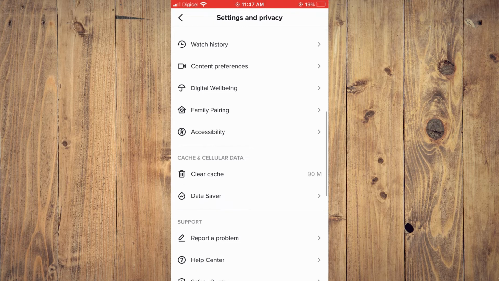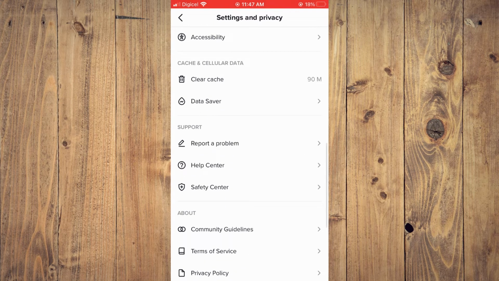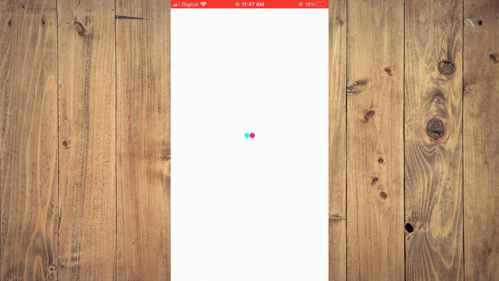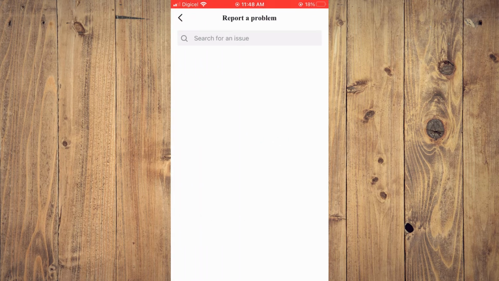Next, I would recommend, if you're still having the problem, you scroll down and you tap on report a problem right here, and from here you can simply type in the problem. You can type in privacy,